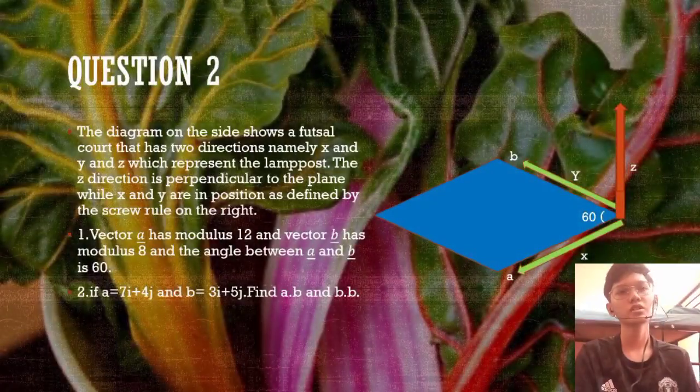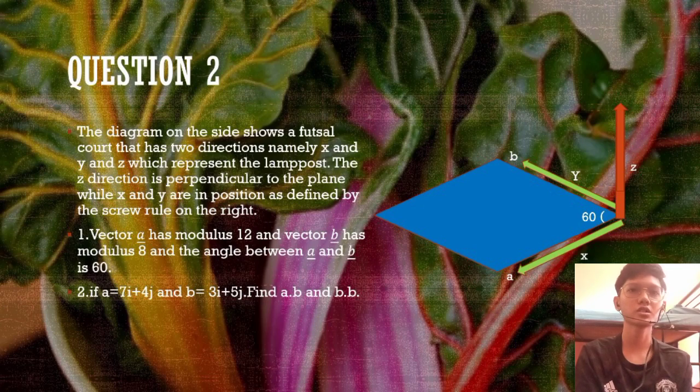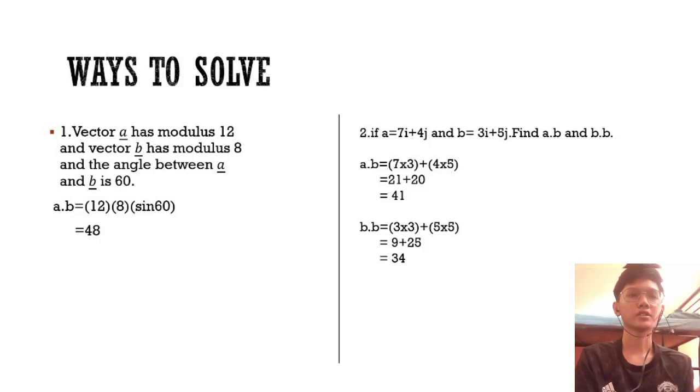Question 2 is, the diagram on the side shows a futsal court that has three directions, namely x, y and z, which represents the lamppost. The z direction is perpendicular to the plane, while x and y are positioned as defined by the screw rule on the right. The first question is vector A has